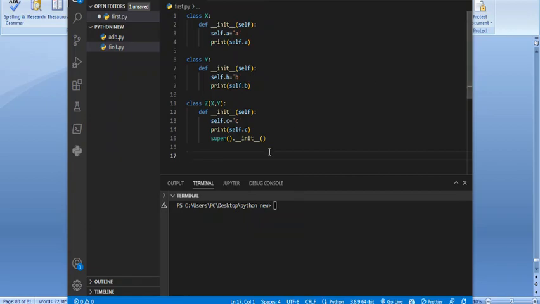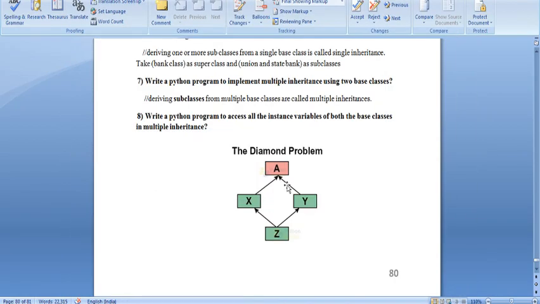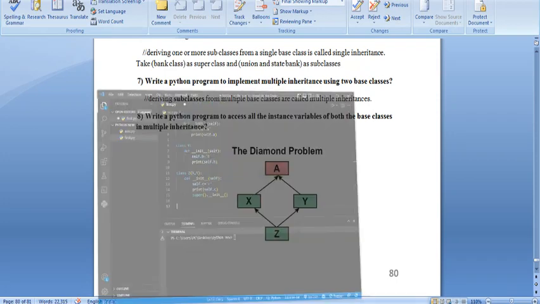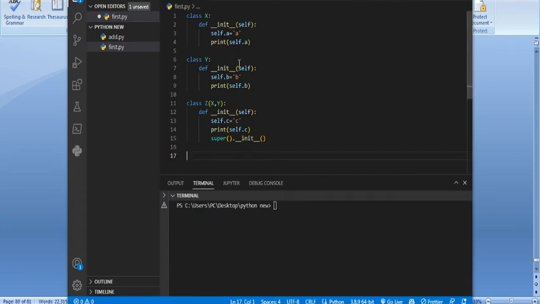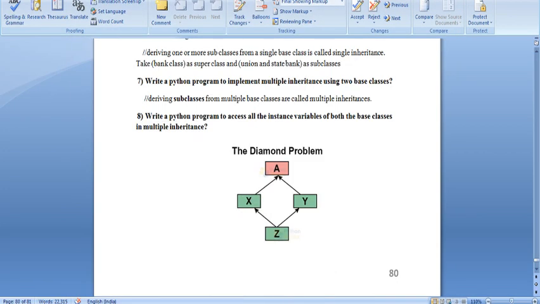I hope you understand this by seeing the diagram, the diamond problem. X and Y are parent classes, Z is a child class. Here we have created both parent classes and the child class in multiple inheritance. Multiple inheritance accesses the properties of both classes. So now the problem is,